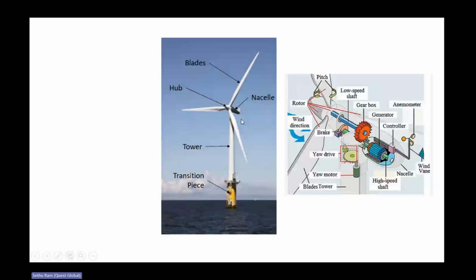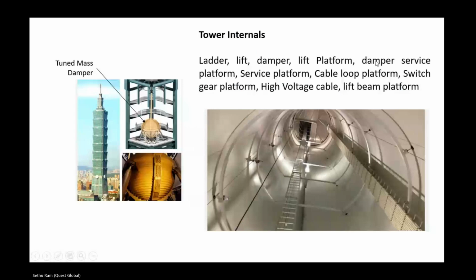Near to this height only, the damper will be there, and the lift platform will be there. The damper service platform will be there, and the cable loop platform will be there. The cable loop platform is nothing but